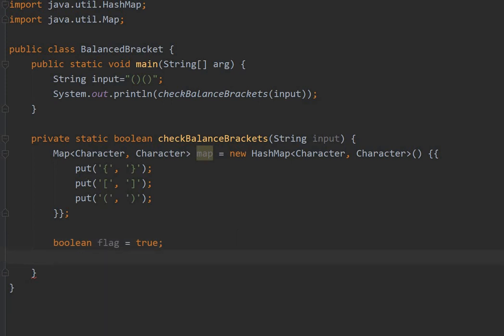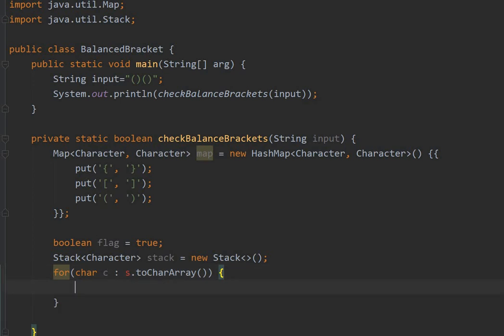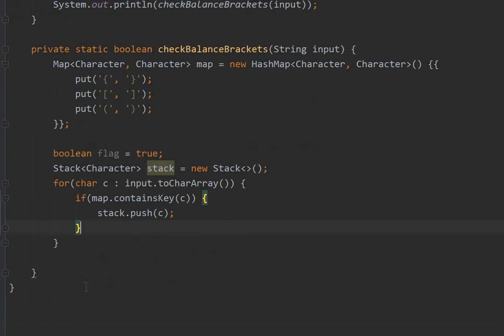We use stack to store a list of open brackets inside input string. The stack is empty. So for each element inside input string, we check the element if it's the open brackets. So we will add the element inside the stack. But if the element is closing brackets,